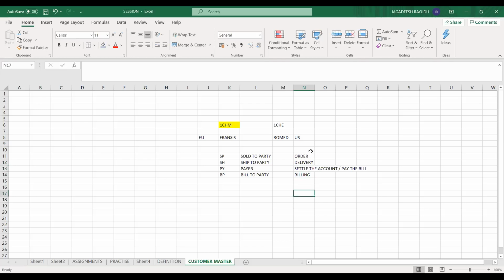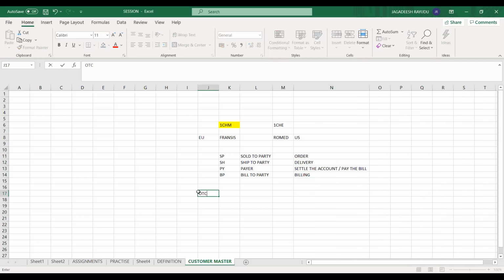Without these four partner functions, you cannot imagine your OTC process. OTC means order to cash, right? Order, delivery, and billing. Various sets of processes will be there that we will discuss as part of our transactional data.